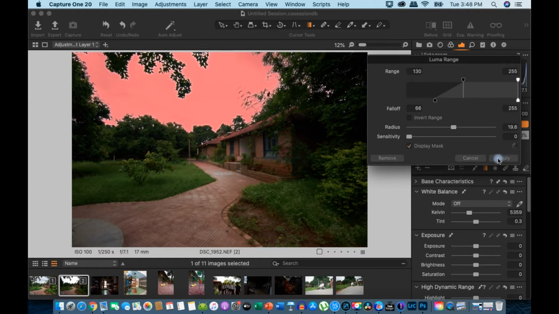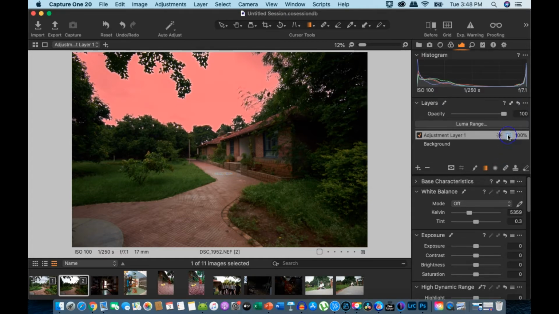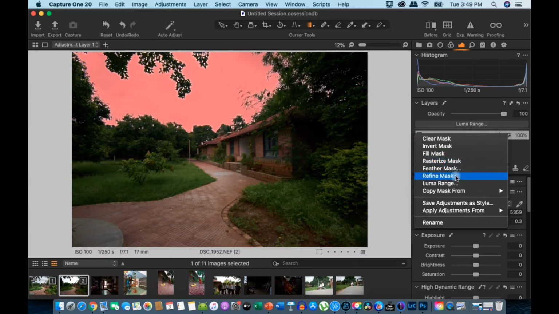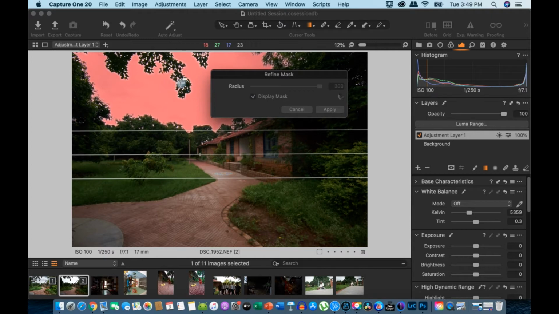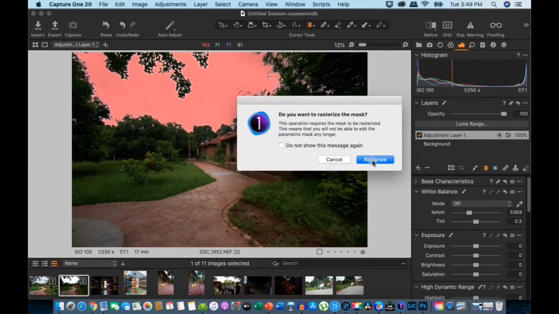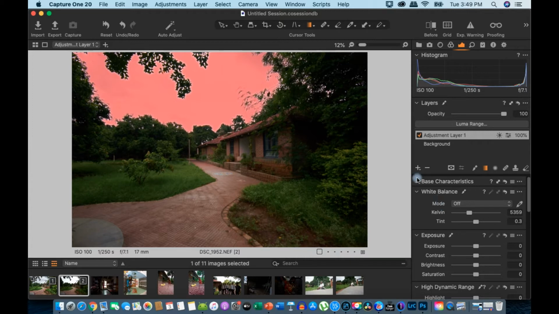Right, so we'll apply this mask. We'll right click on this icon and refine the mask, so that will take care of any halos, if there are any somewhere here or somewhere here. Rasterize the mask.